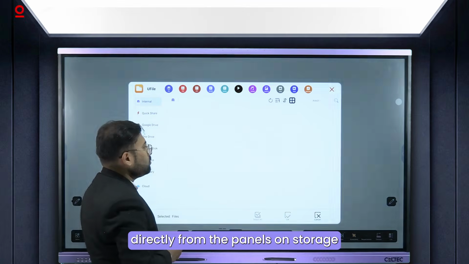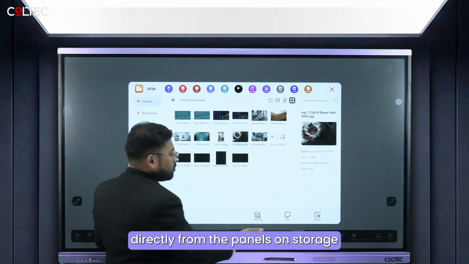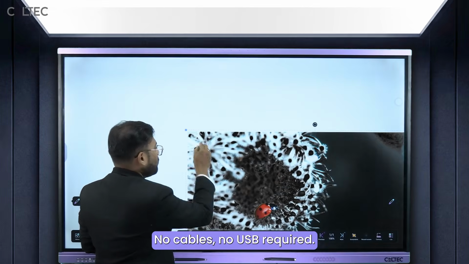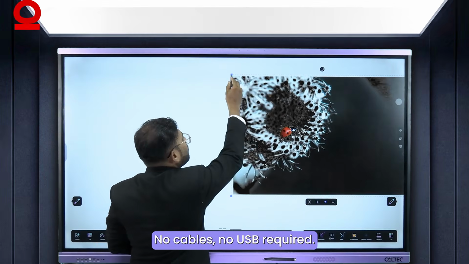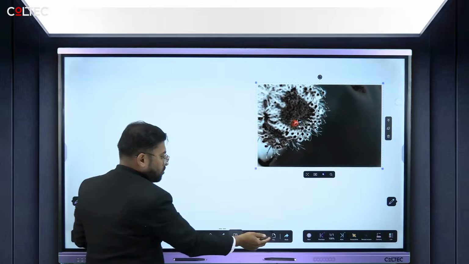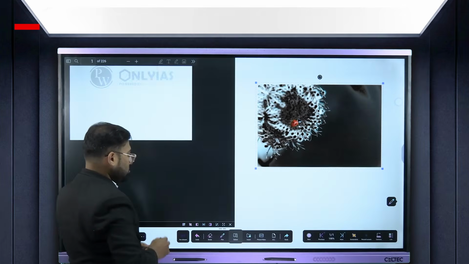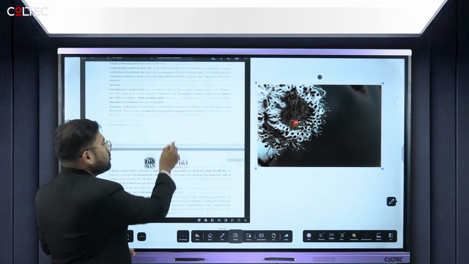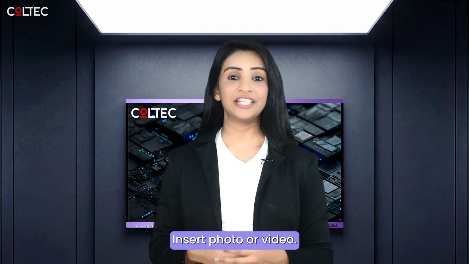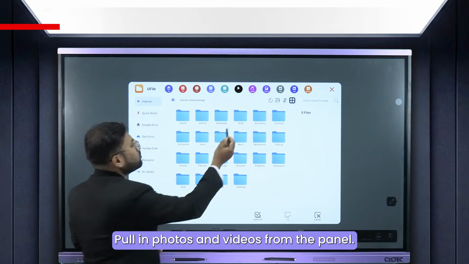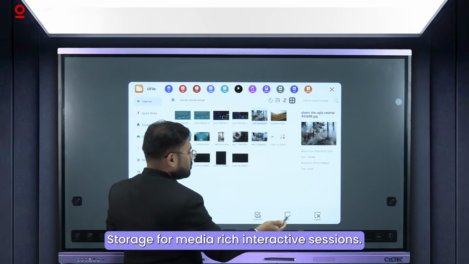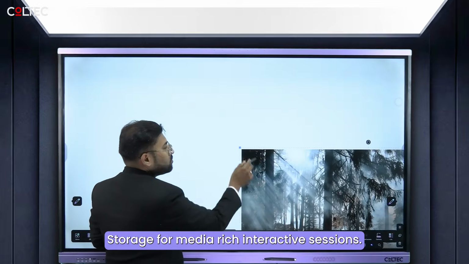Import documents directly from the panel's own storage onto the whiteboard. No cables, no USB required. Insert photo or video. Pull in photos and videos from the panel's storage for media-rich interactive sessions.